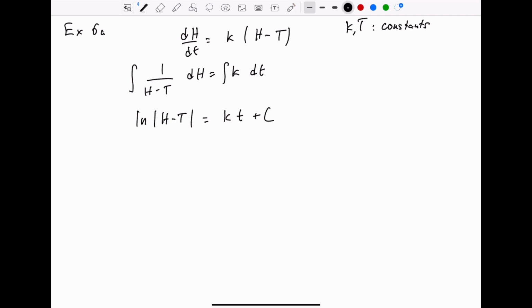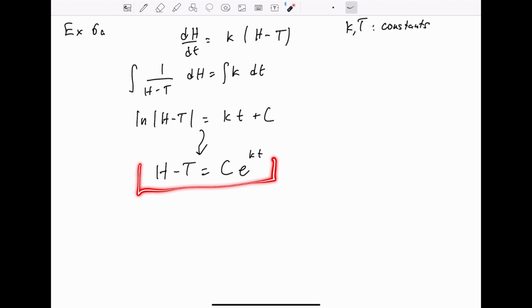So in this step, I'm just going to gloss over those steps. Imagine taking e to the power of both sides, and then continue from there to solve for h. And we would get here h minus t equals an arbitrary constant times e to the kt. Again, I'm skipping some steps here, but look at example 1b, and we'll see pretty much the same exact steps that we would use here. So I'd encourage you to fill in these missing steps to make sure that you're comfortable with that process, but this is what we'll get